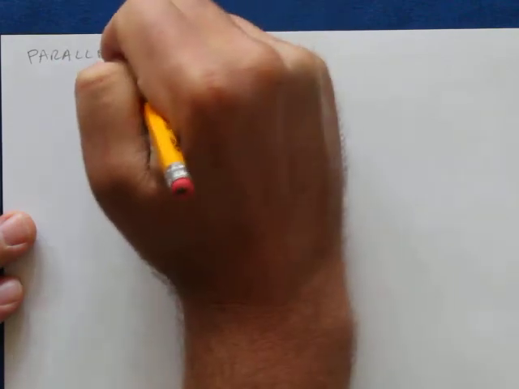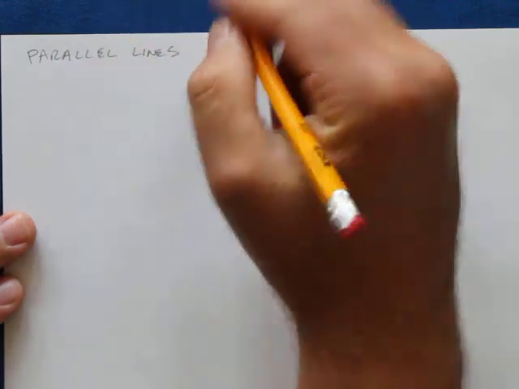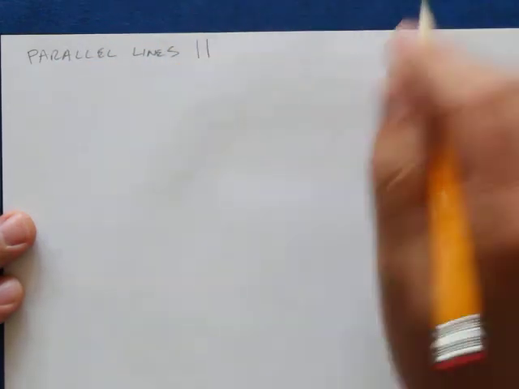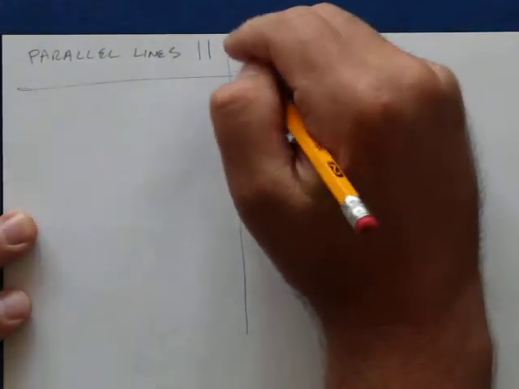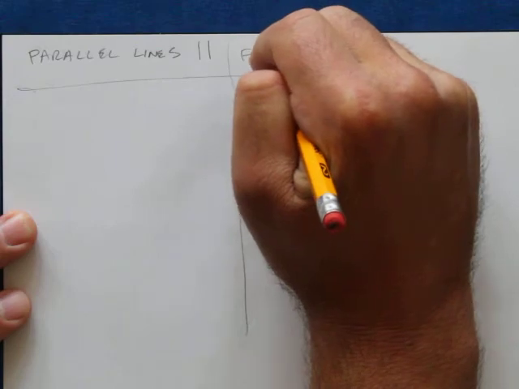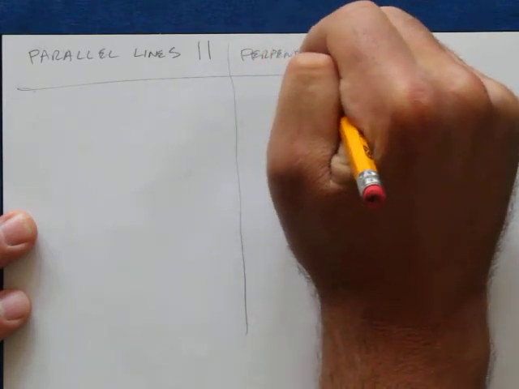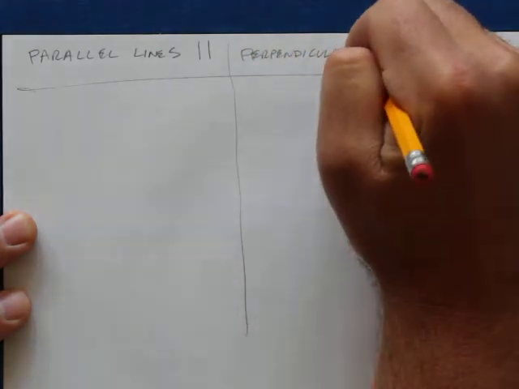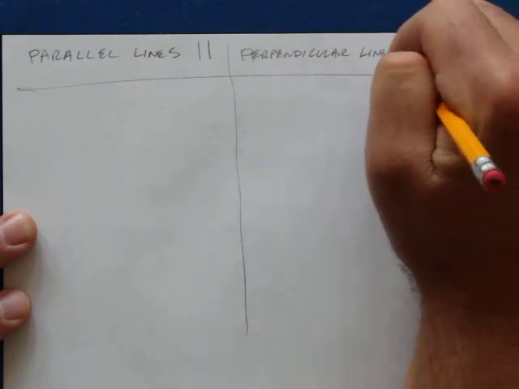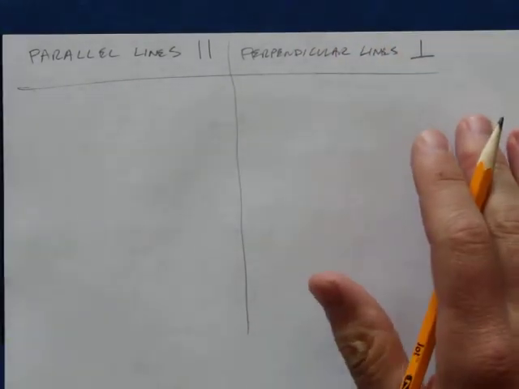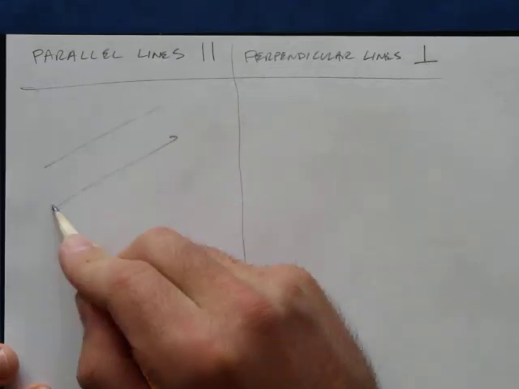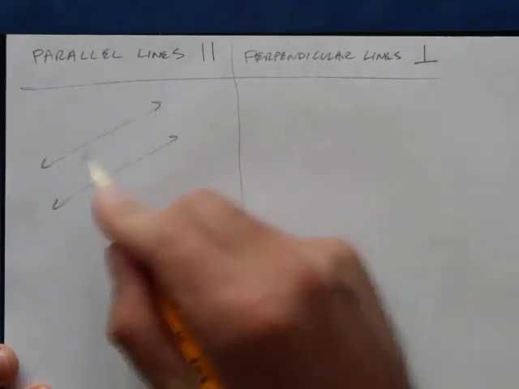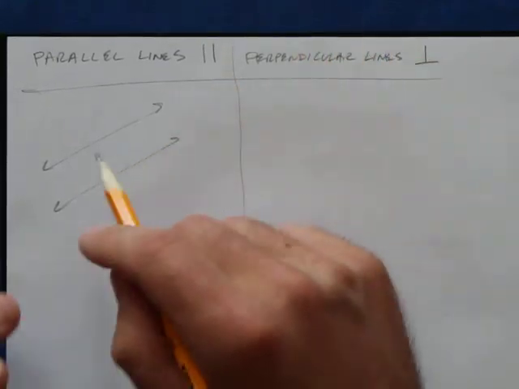Parallel lines, if you remember, we draw like that, and perpendicular lines we draw like this, like an upside down T kind of. Okay, so parallel lines, these are two lines that go forever in the same direction as one another, but never